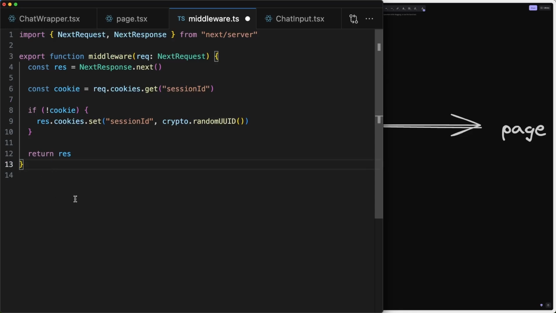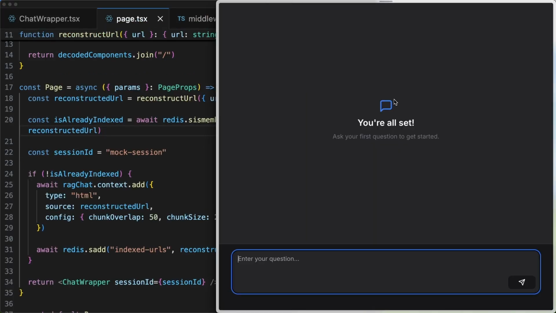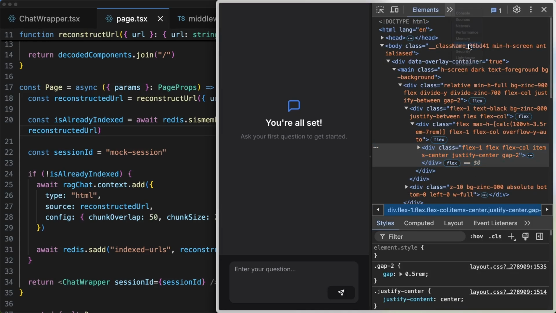That's it. Now we could implement a matcher, like when this middleware runs and so on. We're not going to worry about that for now. We're just going to save this middleware and you're going to see what happens. Once we now navigate to our page and reload, go into our dev tools under application, we're going to see